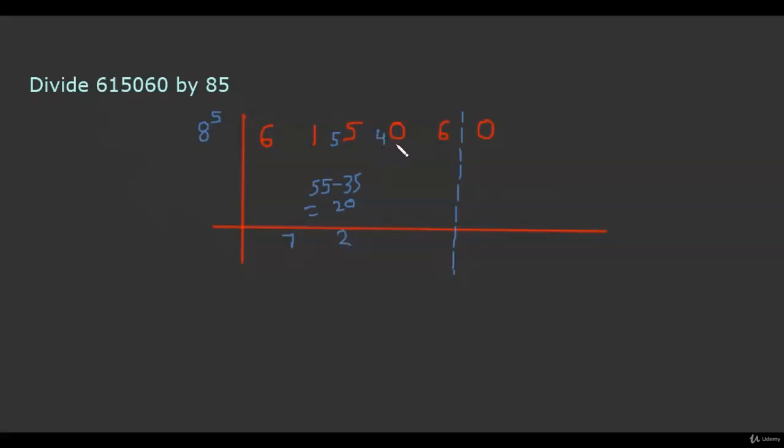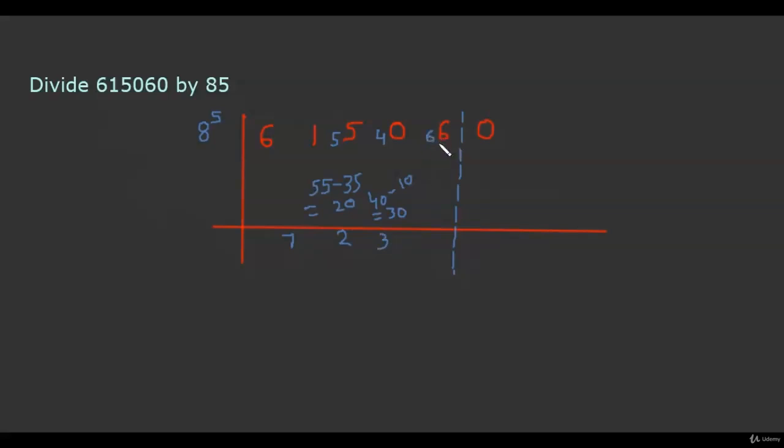So the next dividend number is 40. From 40, we subtract the product of the flag digit and the previous quotient number to obtain the net dividend number. Now 5 multiplied by 2 gives us 10. So the net dividend number is 30. Now if 8 divides 30, we get 3 as the quotient and 6 as the remainder.